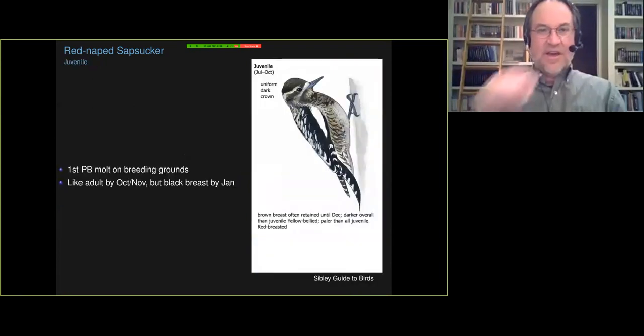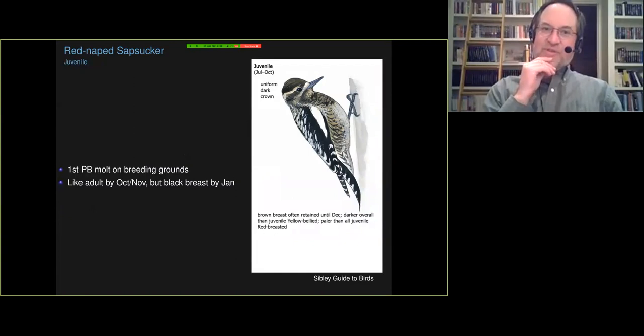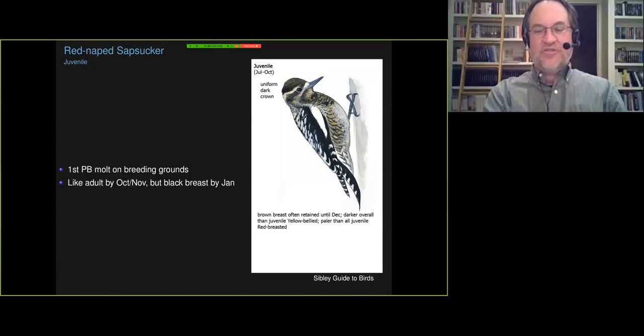Okay. And I actually don't have a photo of a juvenile red-naped sapsucker because I'm not usually any place where juveniles are, which is where red-naped sapsuckers would breed. So I stole this out of the Sibley guide. And much like the red-breasted sapsucker, it's more brownish, not quite as dark as the red-breasted, but not as pale as the yellow-bellied, which we'll see later. But again, I wanted to show this to emphasize that